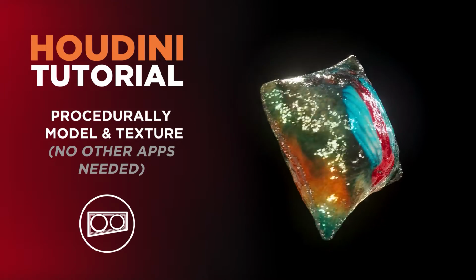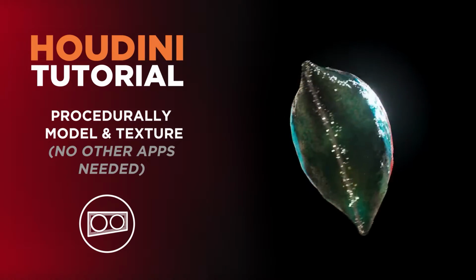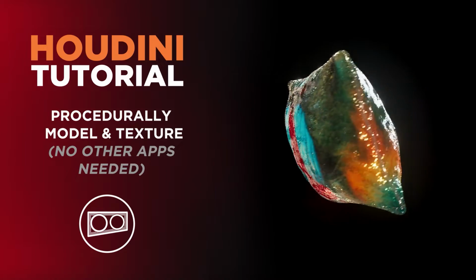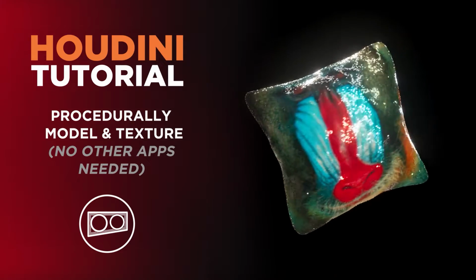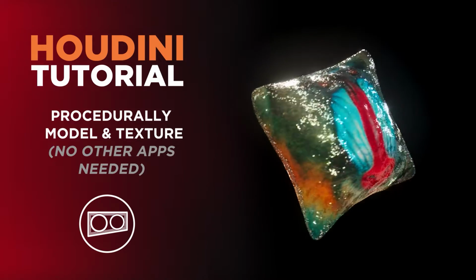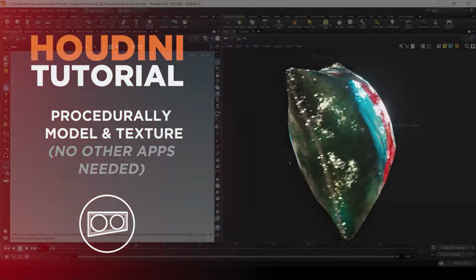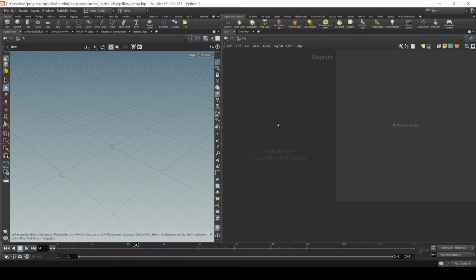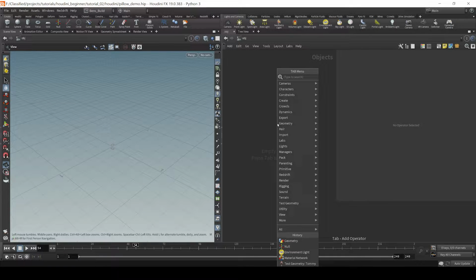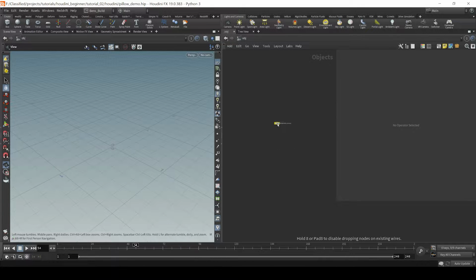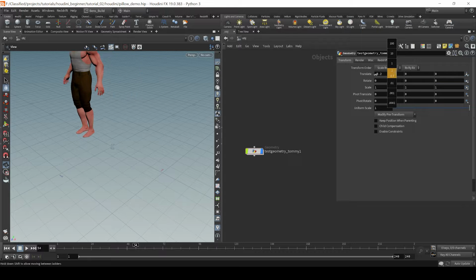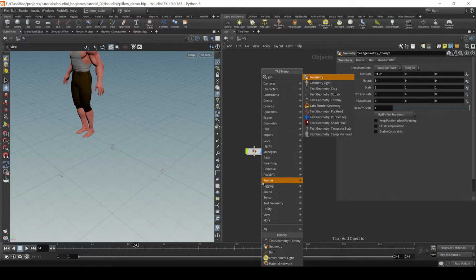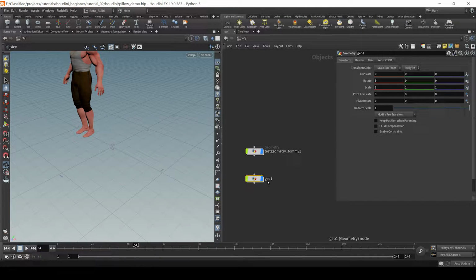Hello, welcome back. I wanted to show you guys a quick technique of how you would go about procedurally modeling and texturing and creating a sequins pillow, because why not? So let's get started. First, I would drop down a good scale reference just to see how big your pillow is. I always try and drop one of these down,